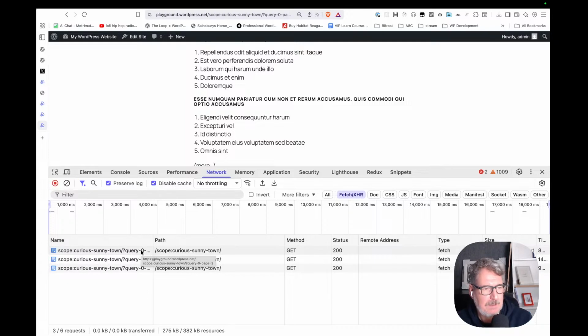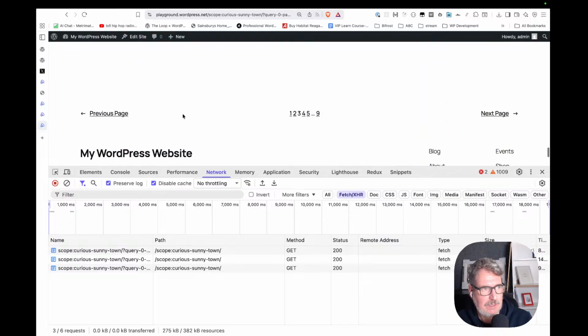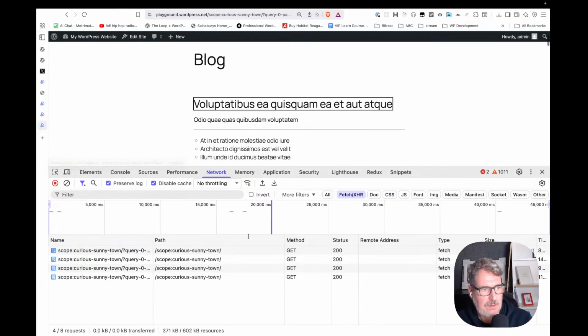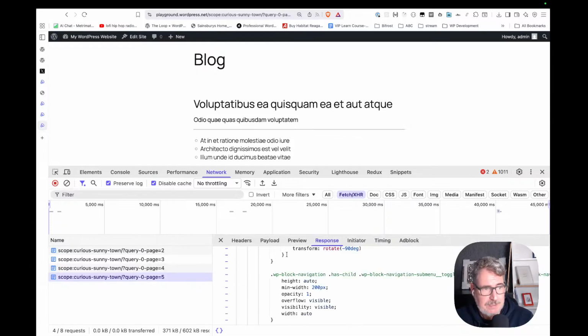We are getting them by using a fetch in the background. We click another one, we can see we are doing this. So the HTML is here,